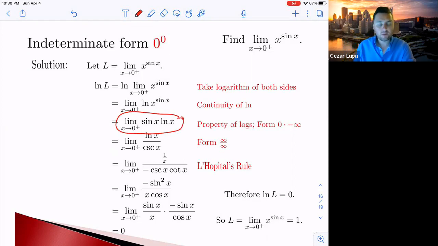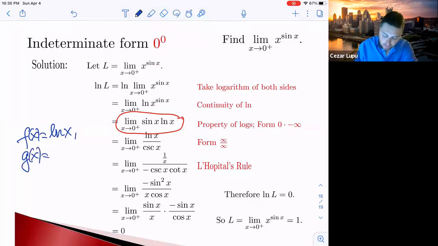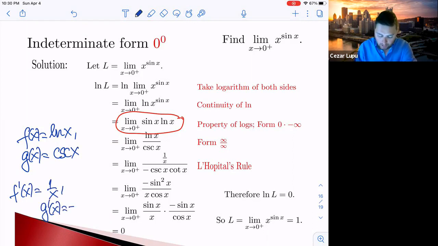So maybe we can write this as infinity over infinity. And then when you consider these functions, f of x is ln of x, and g of x is cosecant of x. So f prime of x is 1 over x, and g prime of x is negative cosecant of x times cotangent of x. So these are the derivatives. We're just going to apply L'Hopital's rule here,